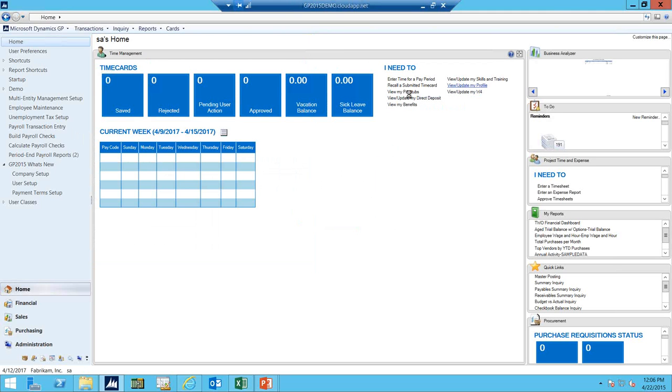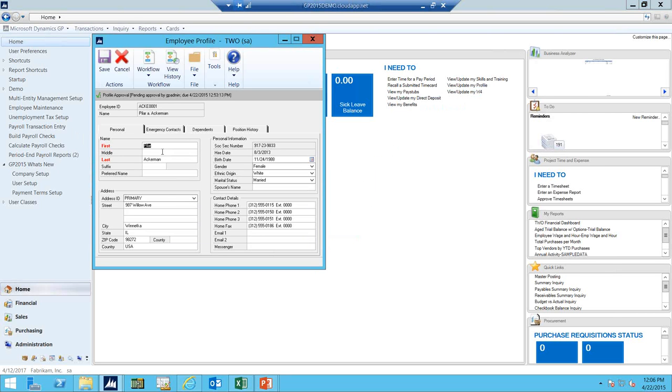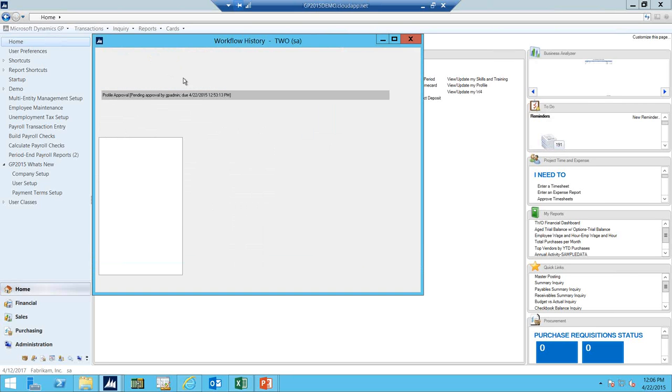So we're going to update my profile again. I'm going to come in here and do this again. Oh, it's still waiting for the approval. I'd make my change as I would, and submit this into workflow. I can add a comment on why I'm asking for it, and I also have the ability to take a